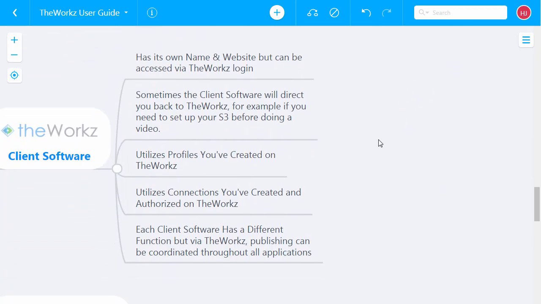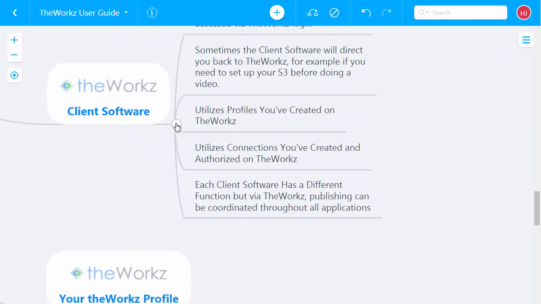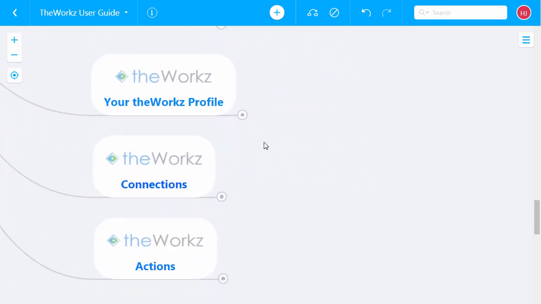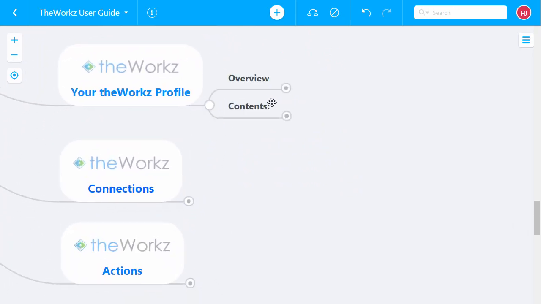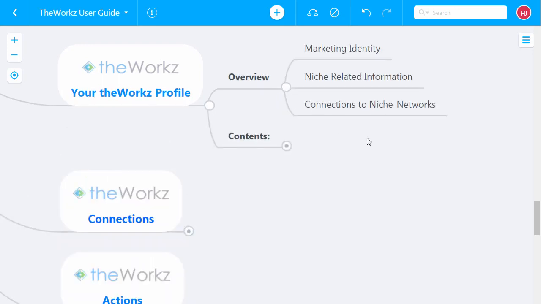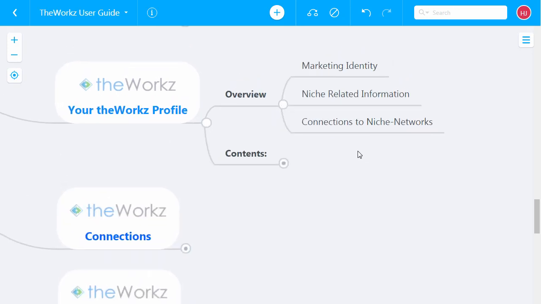Now let's talk a little bit about your TheWorkz profile. Your TheWorkz profile is your marketing identity for that company or niche. So you want to really design that identity very well.